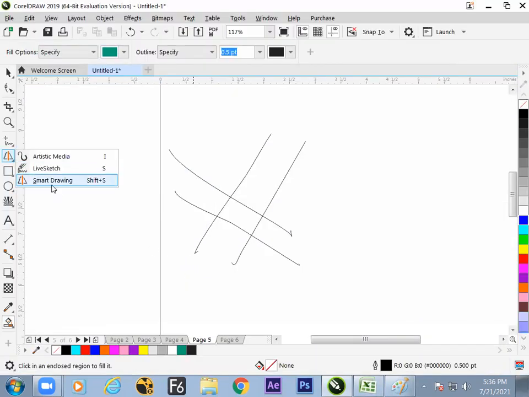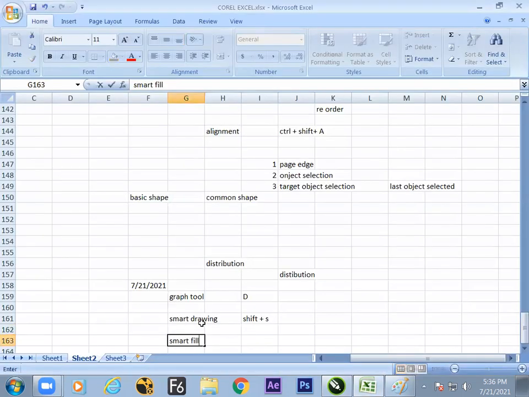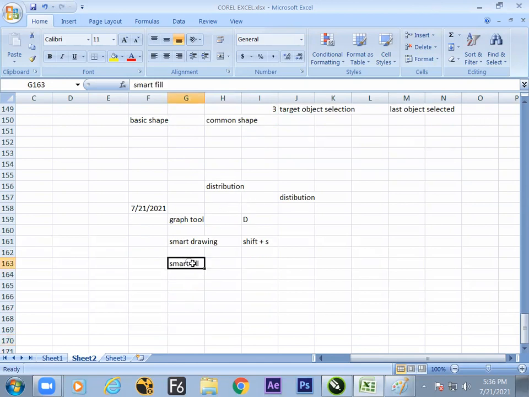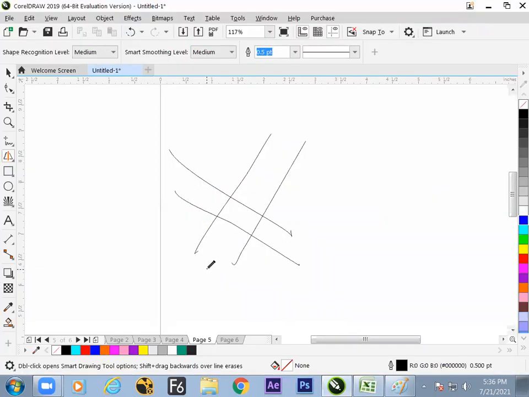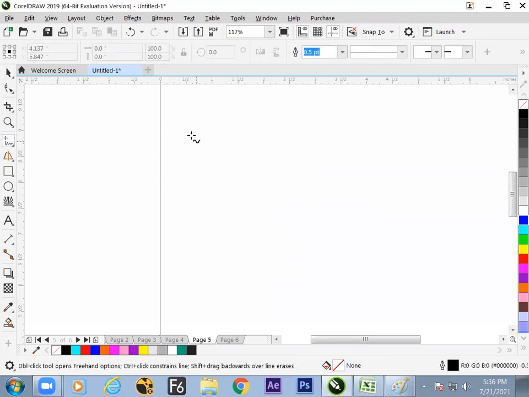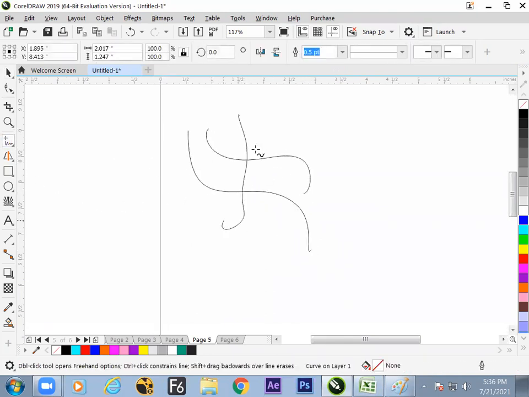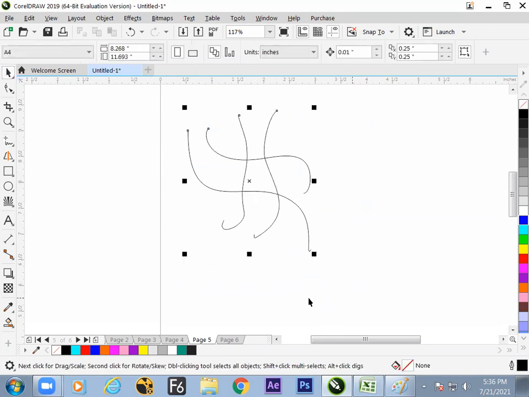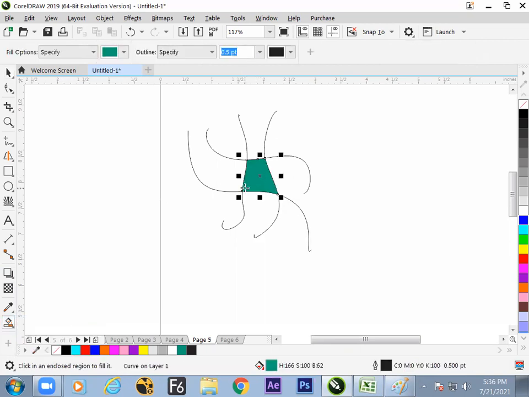Just as we have seen Smart Drawing, there is Smart Filler. So which is the more important tool now? What is the science or the coding behind this tool? Even if it is an open line, if it is creating some closed sets, then it can be filled by the Smart Filler option. Just one click, job is done.